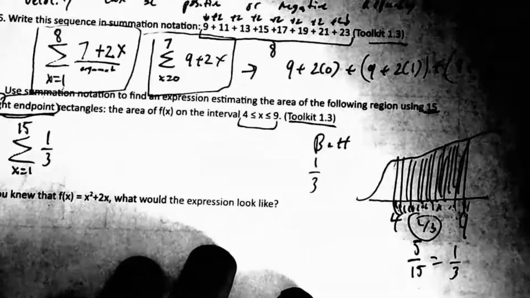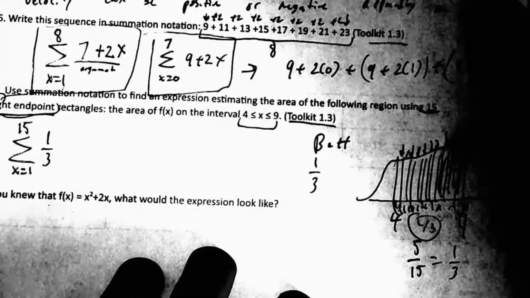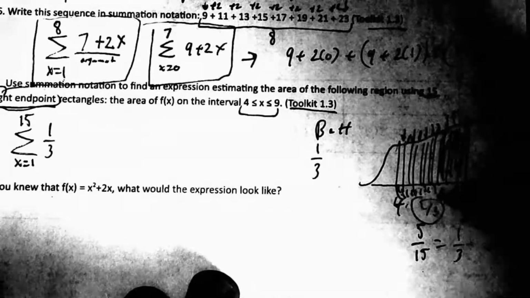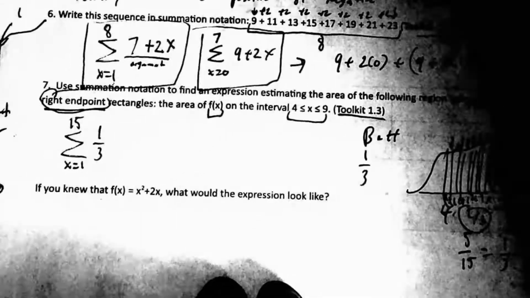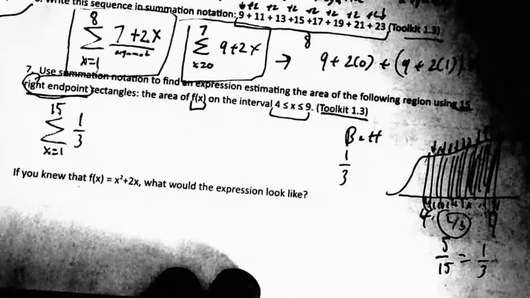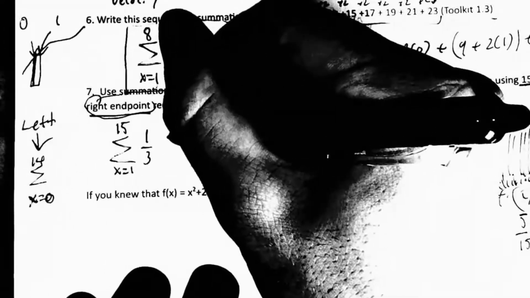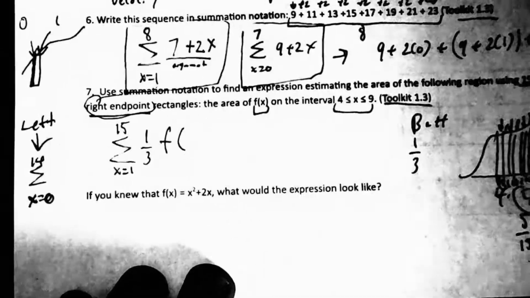times, now we've got to figure out the heights of all these. How do we figure out the heights of all of them? Well, you're going to find the heights by plugging the x values into this function. Now, I don't know the function. That's okay. I don't need to know the function. I just know that I'm plugging these x values into this function. So it's going to be 1/3 times the height, which is going to be f of,